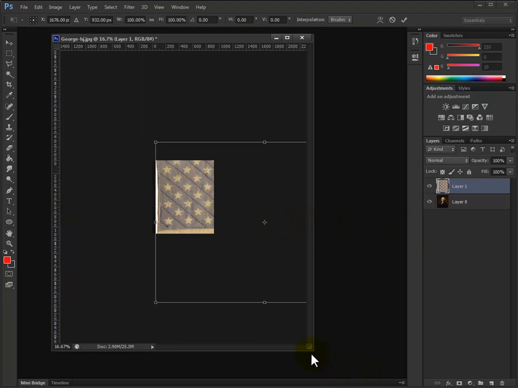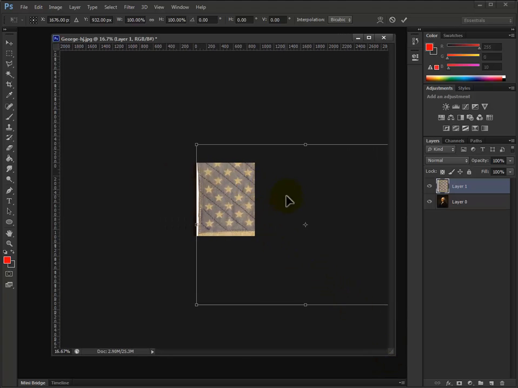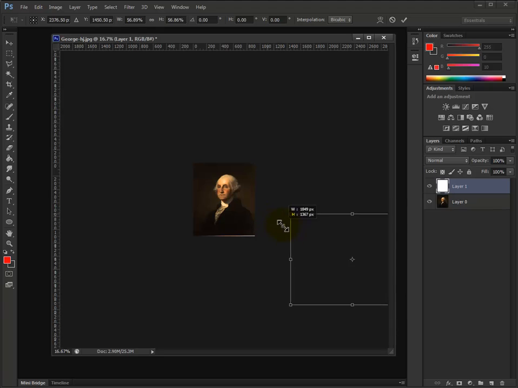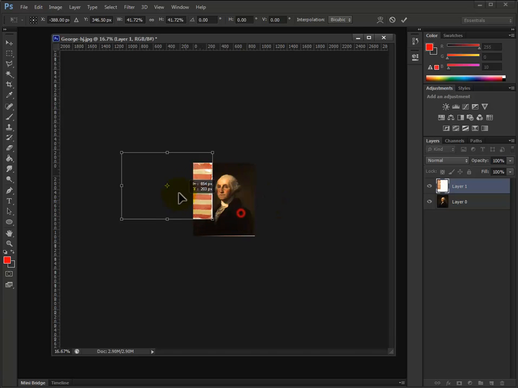And I get some handles that I can adjust. You can scale it by grabbing a corner handle and holding the Shift key down. I can reduce it in proportion, and I can move it by moving it